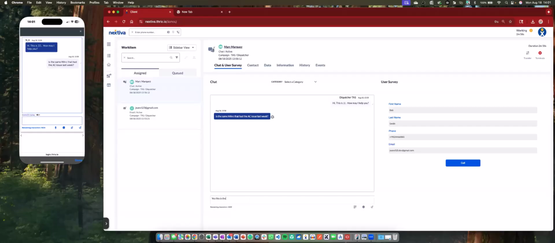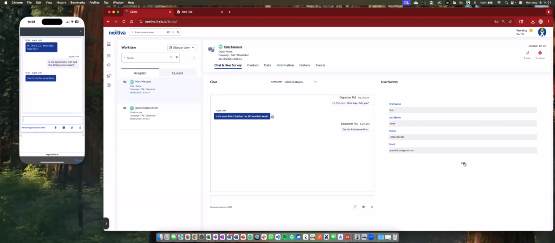Yes, this is the same Mark. And we'd be able to do that as well as be able to call them directly at this point and escalate that chat into a phone call.